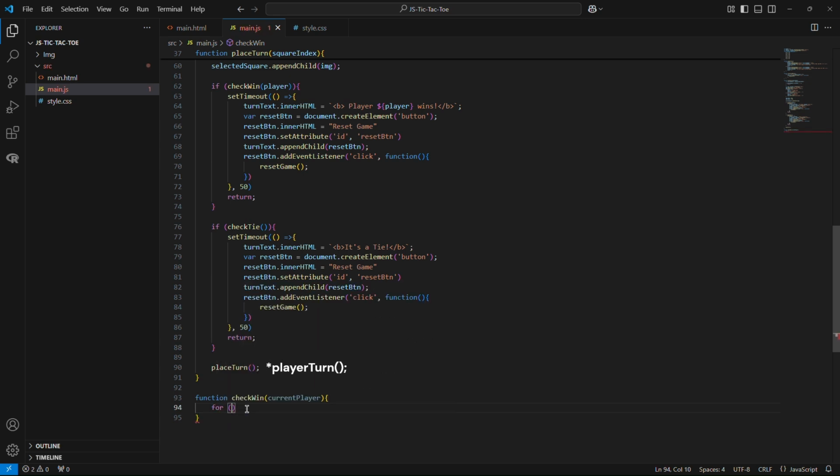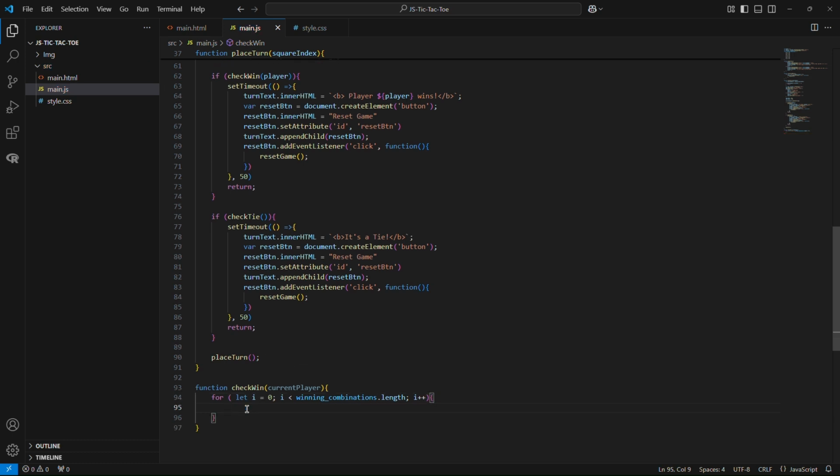So we're just going to loop through the entire board just like before to check for wins. So for let i equals 0, i is less than winningCombinations.length, so the length of that array, and then increase that to iterate over